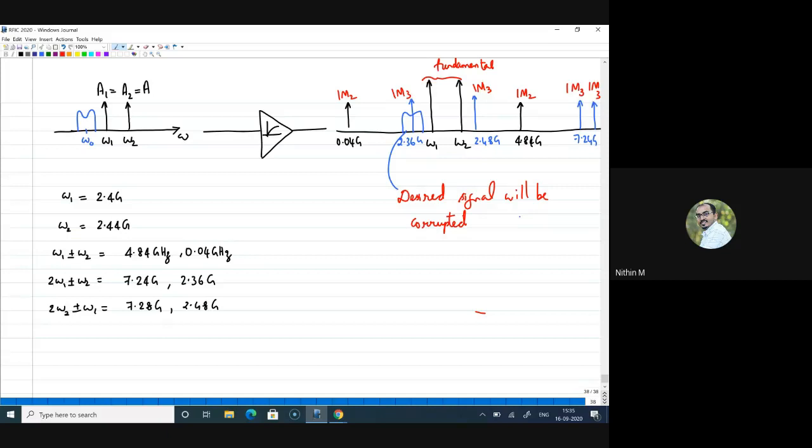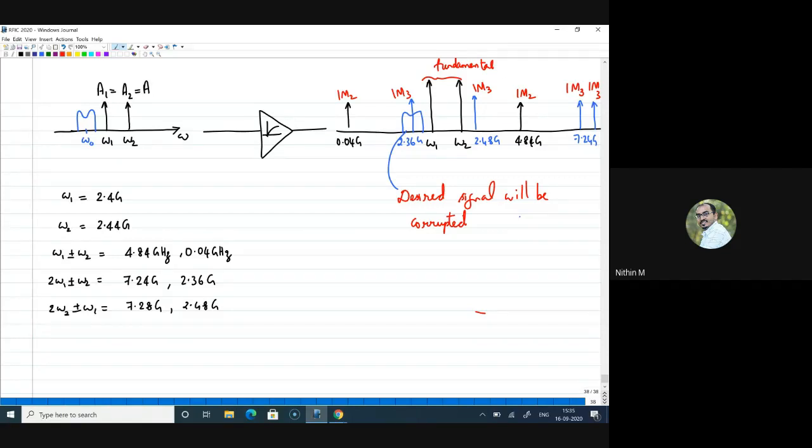See, analyzing three signals together and manipulating them and getting the frequencies is in fact a tedious job. So what I have done here is, I have taken two signals at omega 1 and omega 2, and I have given the explanation in the way that those two are interferers. So even if it is an interferer or not, when it is processed by a nonlinear system, it will give a lot of components. I have listed out all the components at the output.